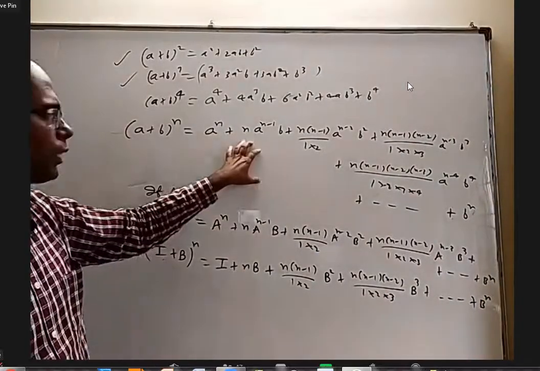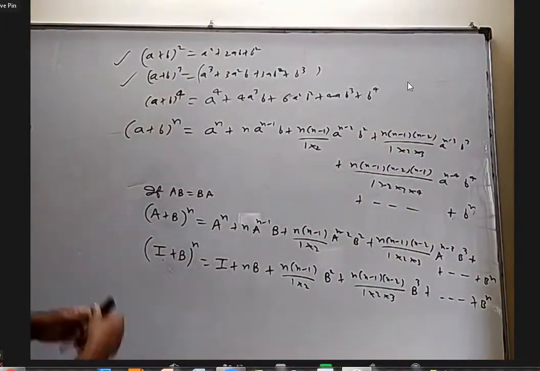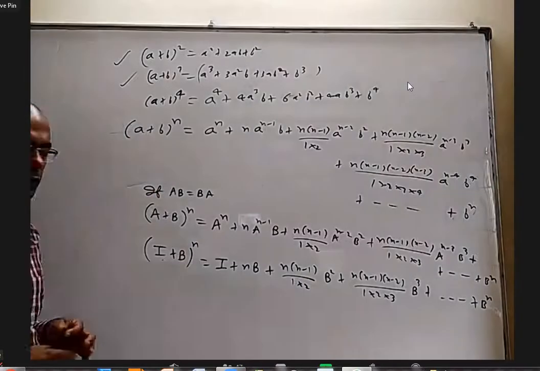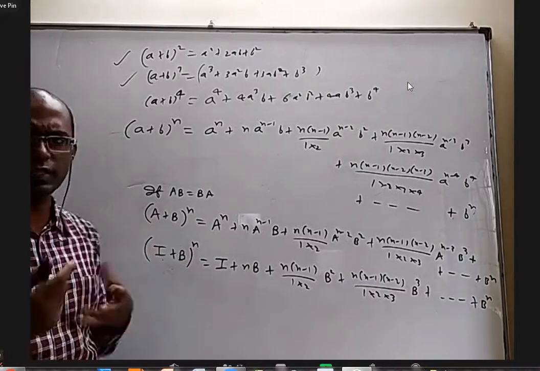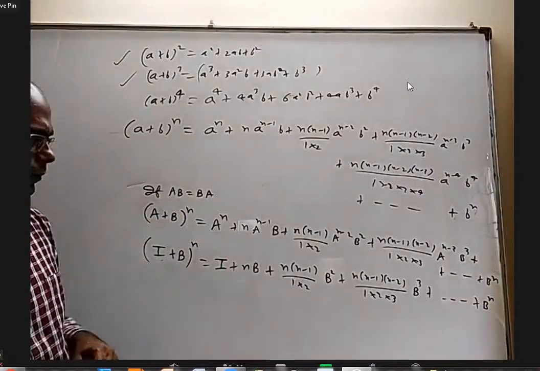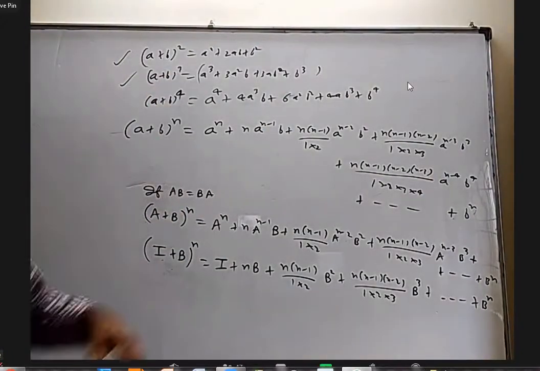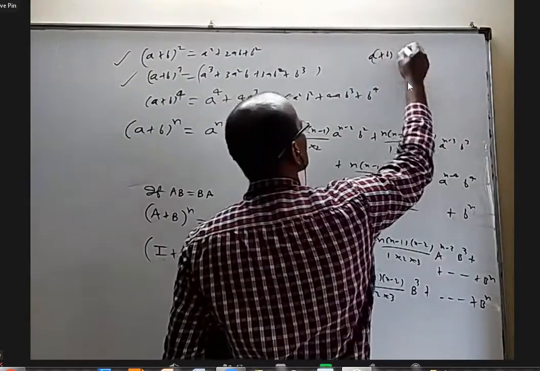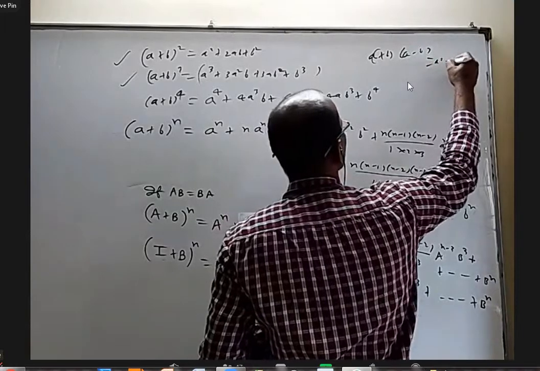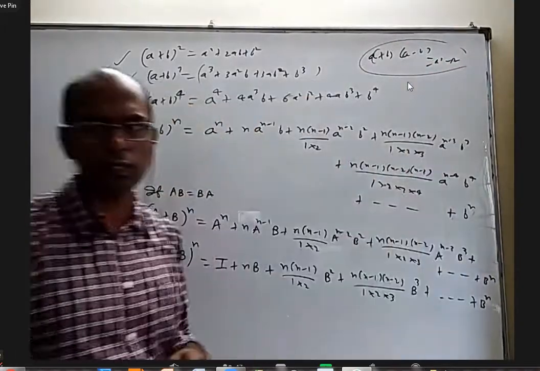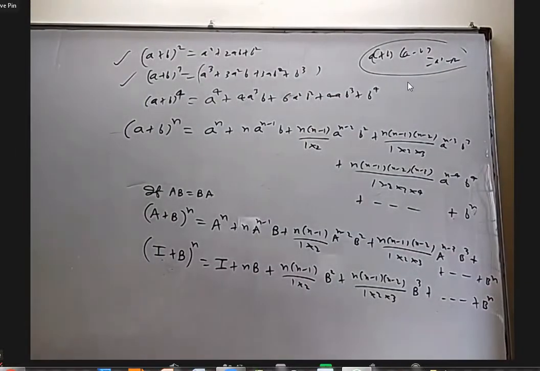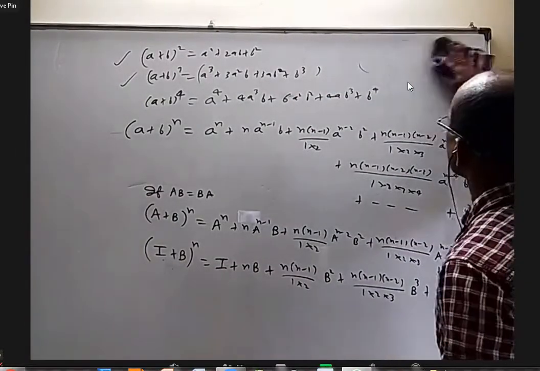But just take this. Now, if you want to use this for matrices, that is, small a you want to write as matrix capital A, small b as matrix capital B, you can do that provided A and B are of the same order and AB equal to BA. Because any algebraic formula like (A plus B) whole square, or (A plus B) into (A minus B) equal to A square minus B square, these kinds of formulas you want to use for matrices, you can use them. Only thing is that you should know that AB equal to BA. Otherwise, you cannot use it.